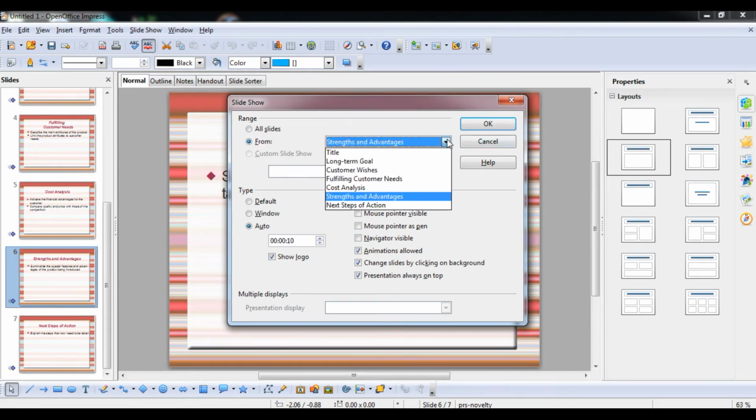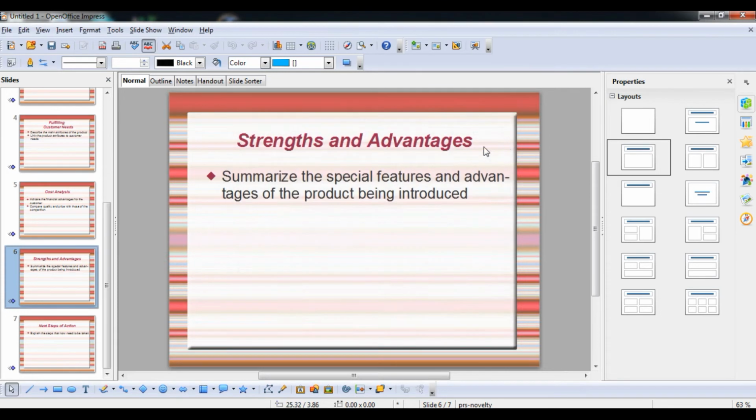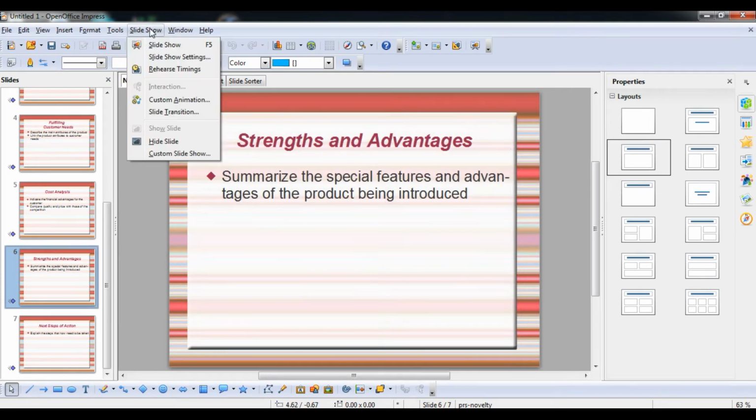So you have to select from the title, this one thing. And the default type is auto type. Timing shows you how many minutes it will take to run. Like this. So this is an option for how to create particular slides also.